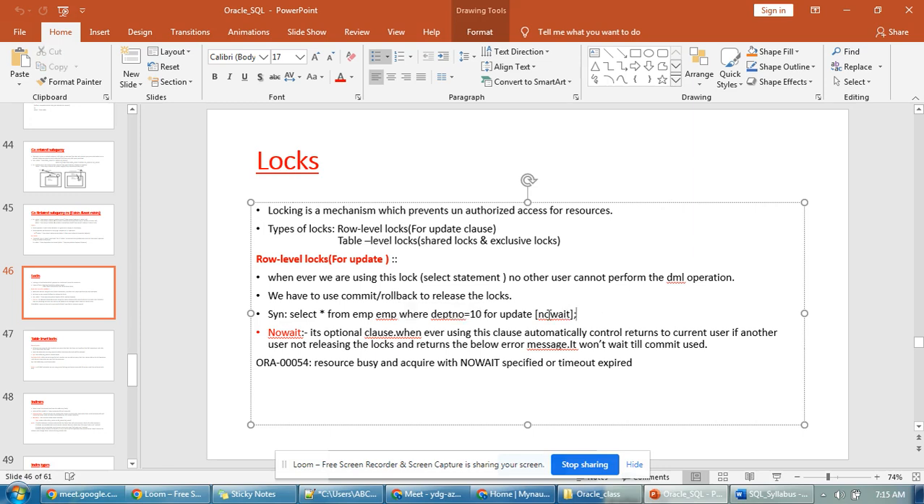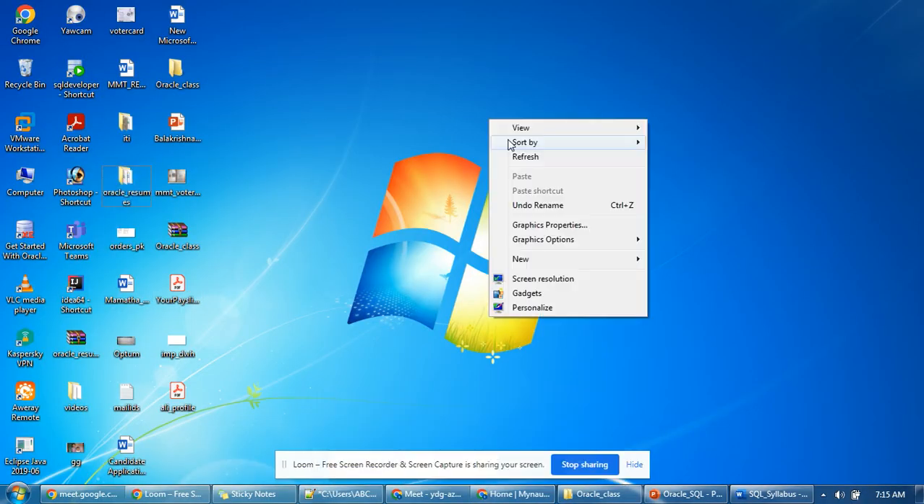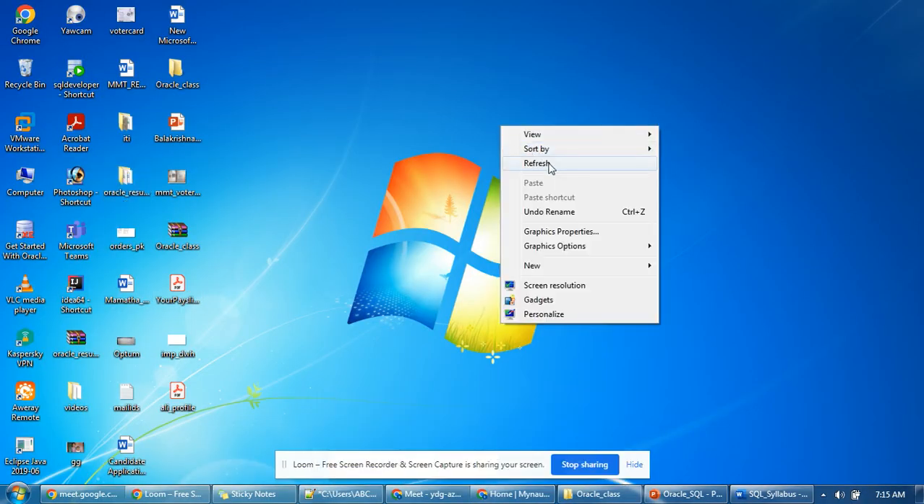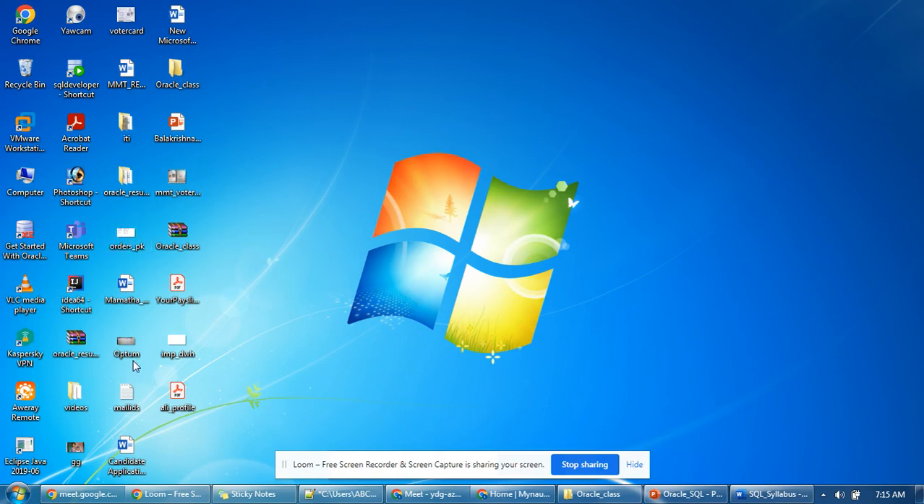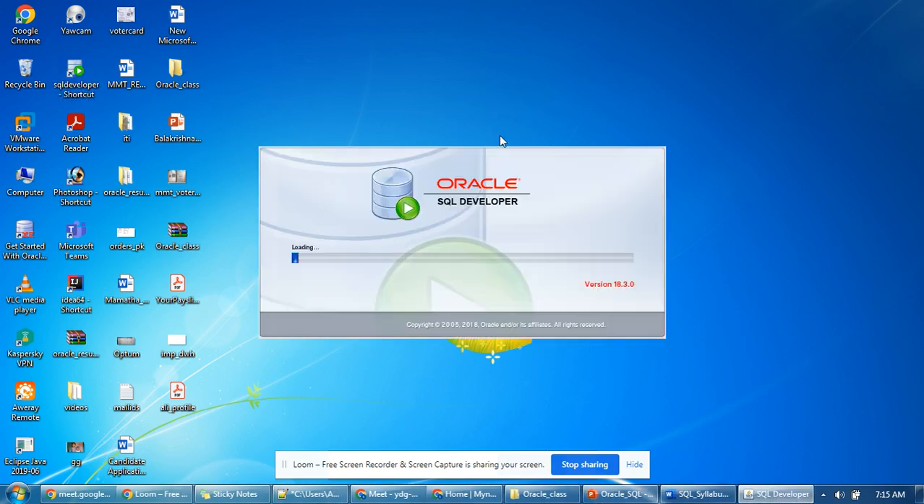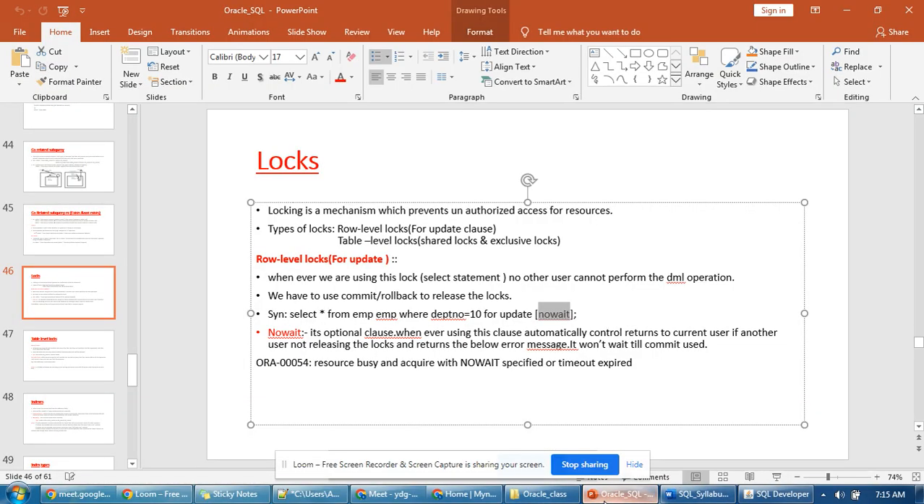Okay, if the second person doesn't want to wait, then he has to use NOWAIT. If you are using NOWAIT and the table or particular records are already locked, he won't wait at all; it will come straight out of the execution. If the lock has already been released, it will do the DML operations, otherwise it will come out from the execution. That's what the